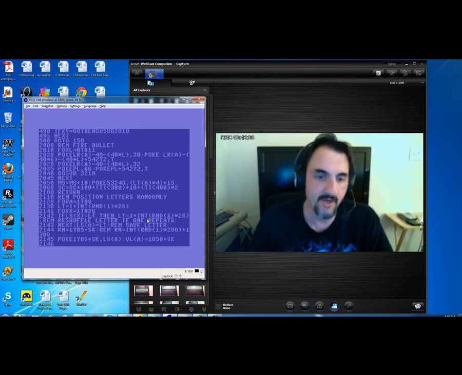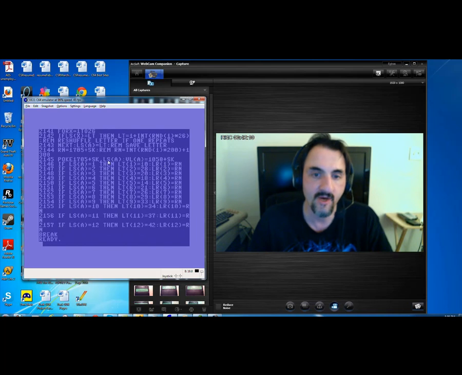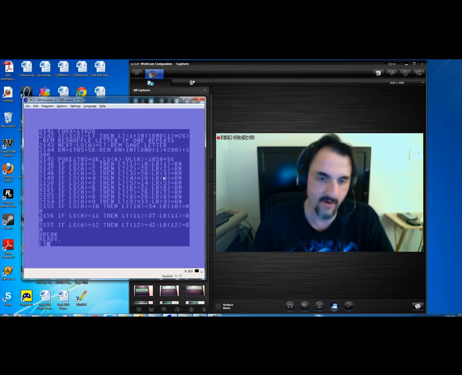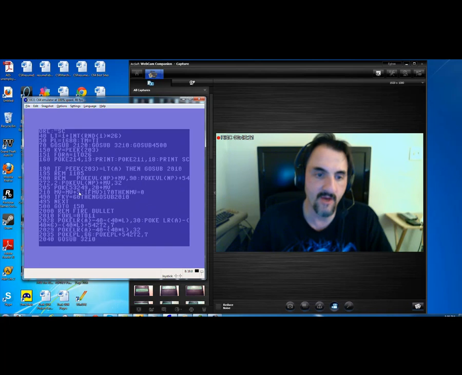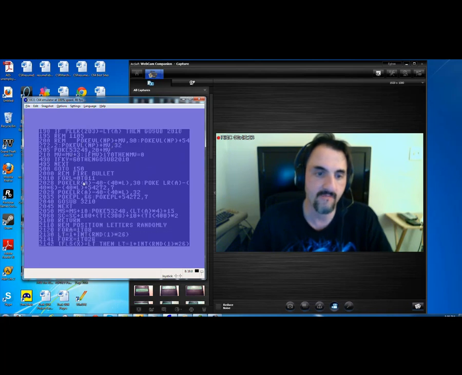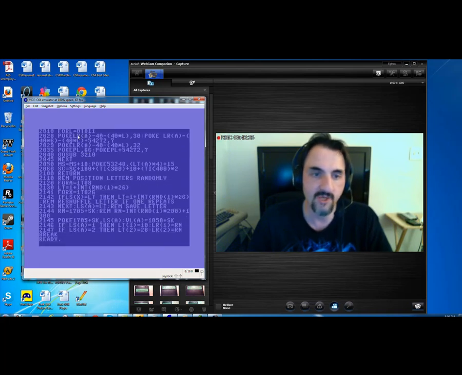So let's go back down here and I'll show you the LR again right here. This is keeping track of location 1705, which keeps track of the firing position from each letter and is storing that into the appropriate array there. And it's being used up here later, or down here, to position those arrows that you're seeing shooting up the screen there. Now the reason why I said this was complicated, you'll see the minus 40 times L,